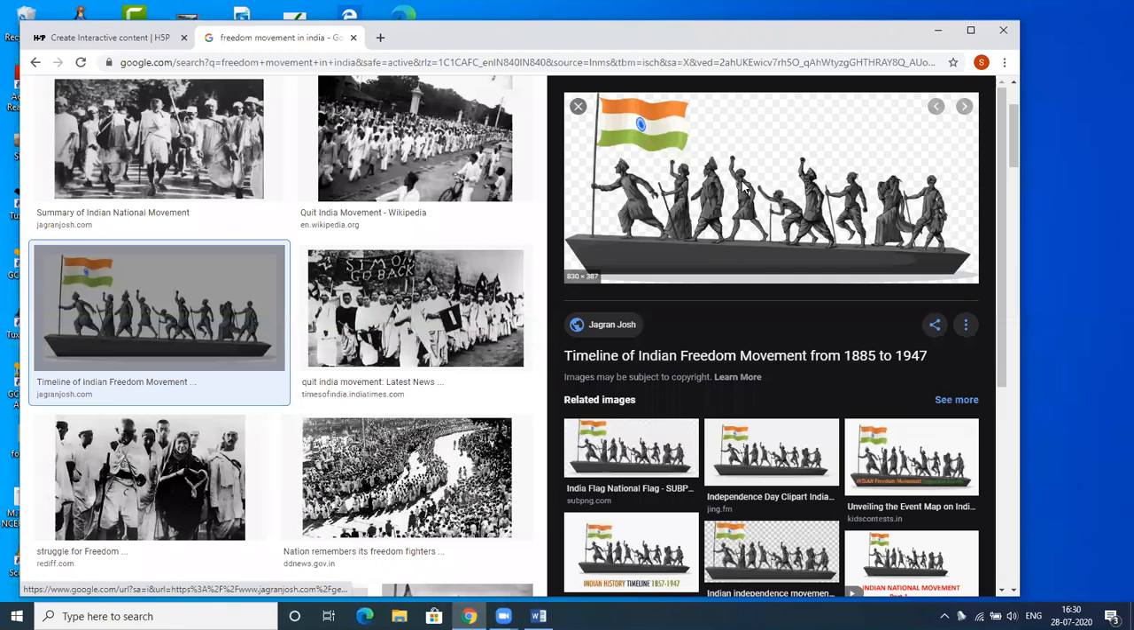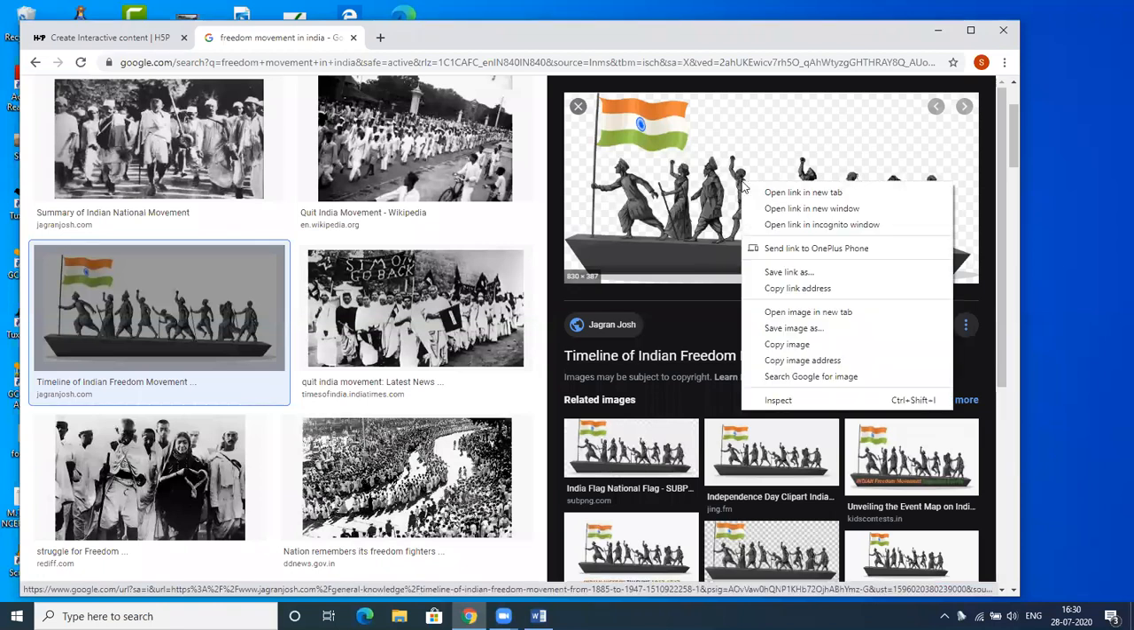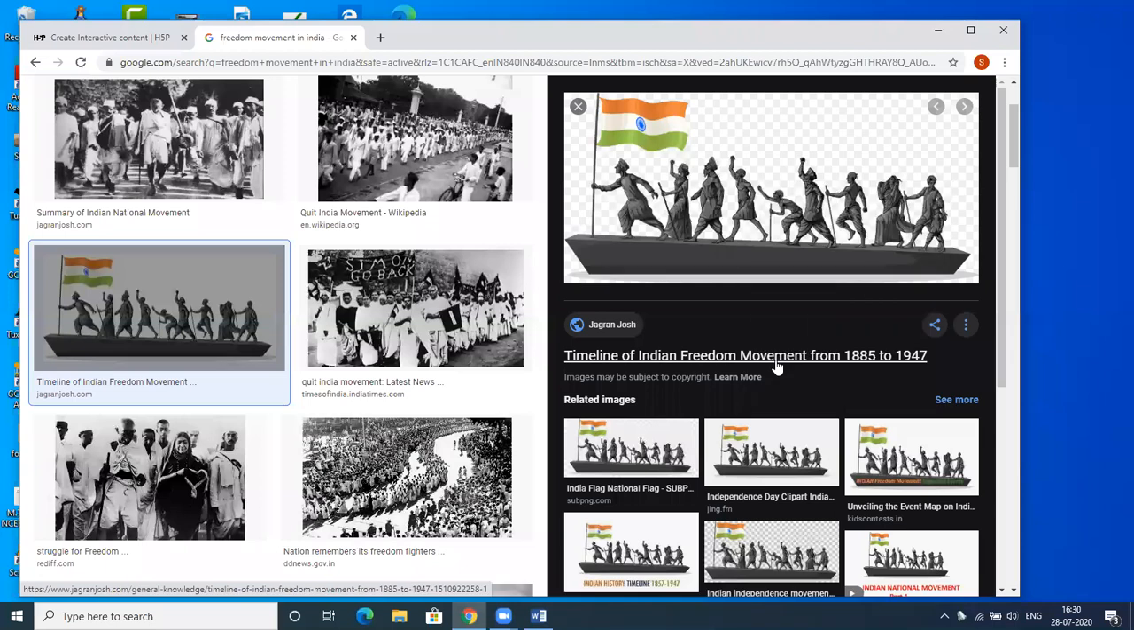Once again, I'm repeating. Just right click it. Scroll down. You can see this copy image address, not copy link address. It's copy image address. I want this image address to be inserted in my timeline. So I'm just clicking this copy image address. Once again, I'm coming to this